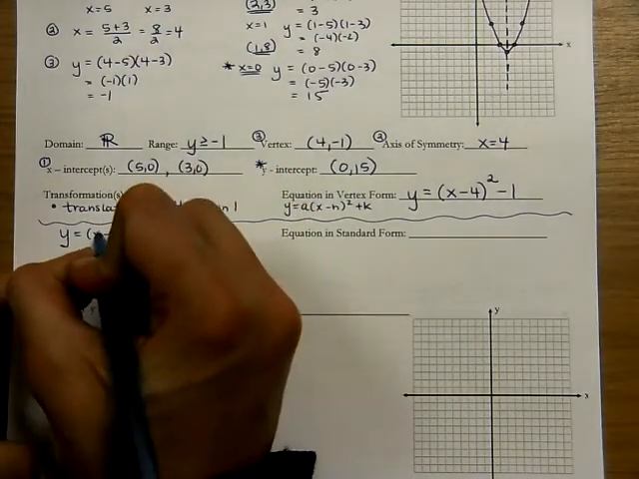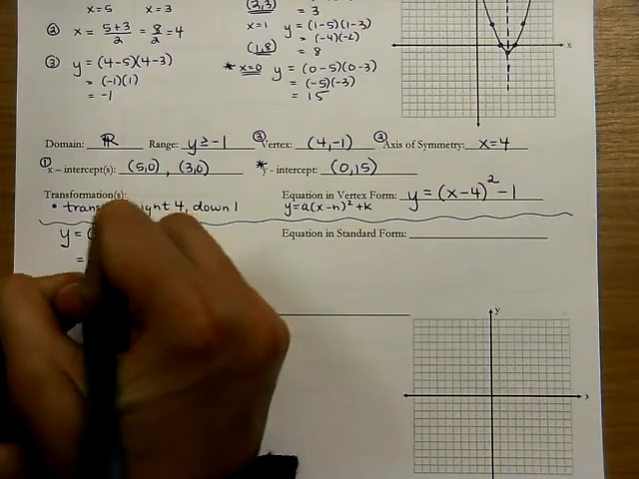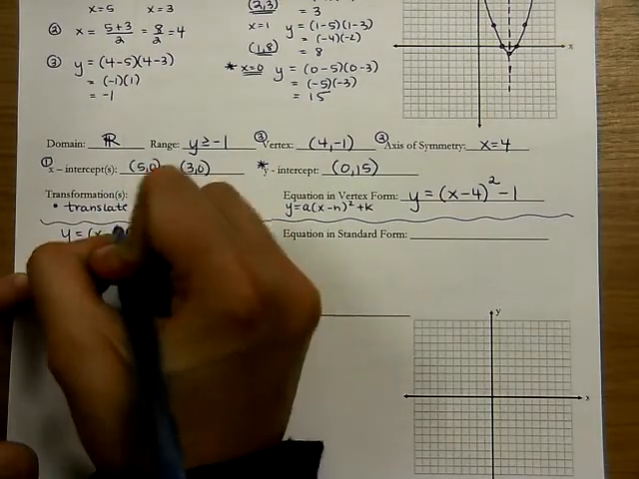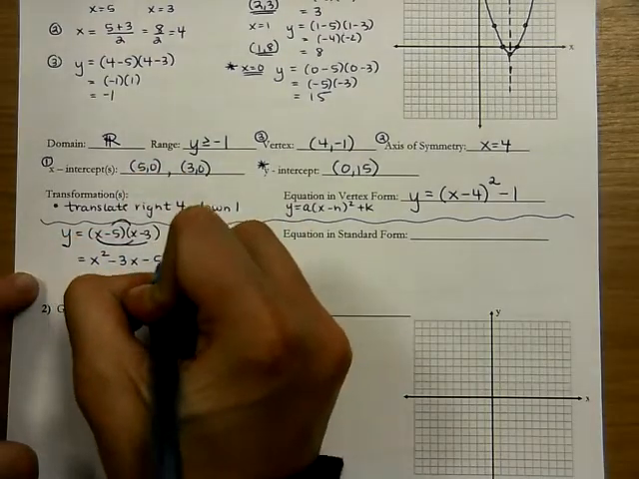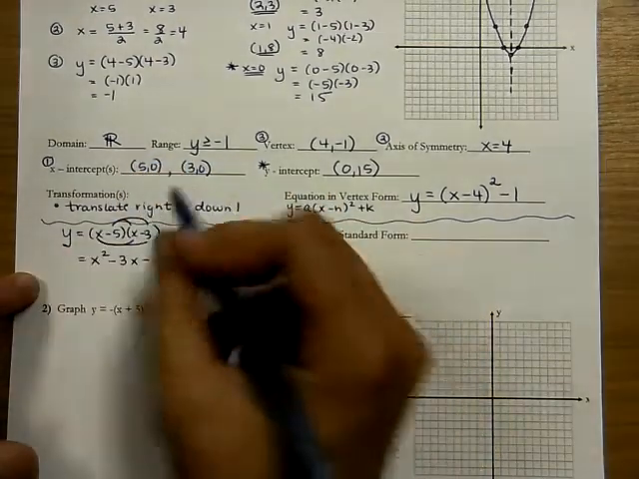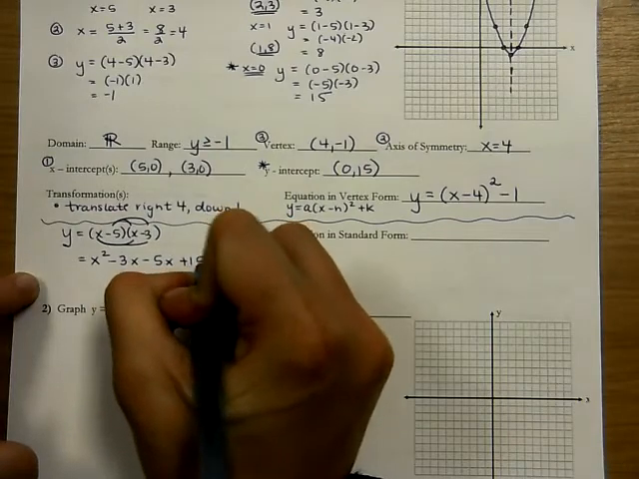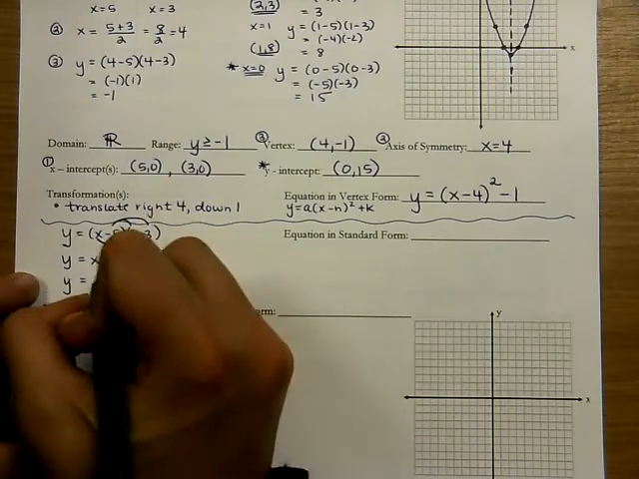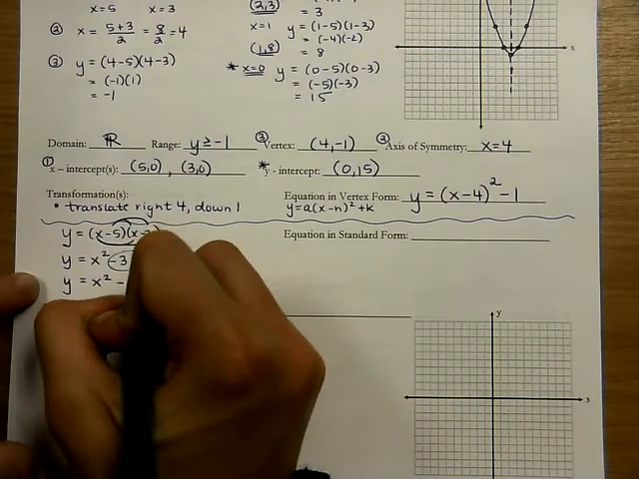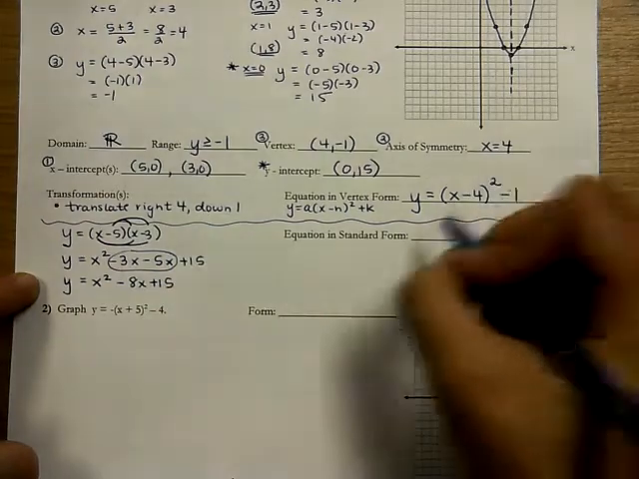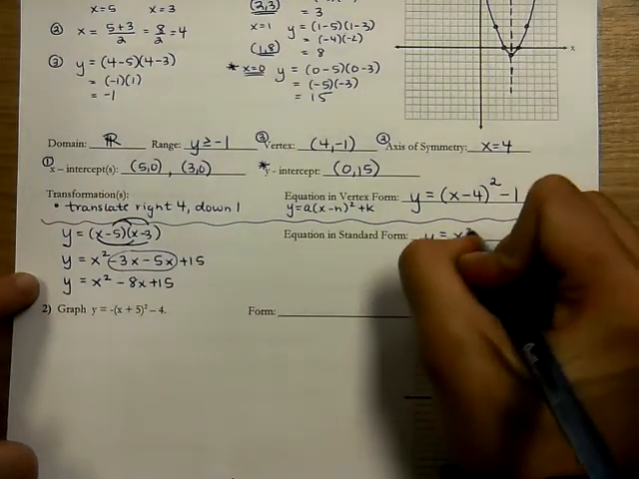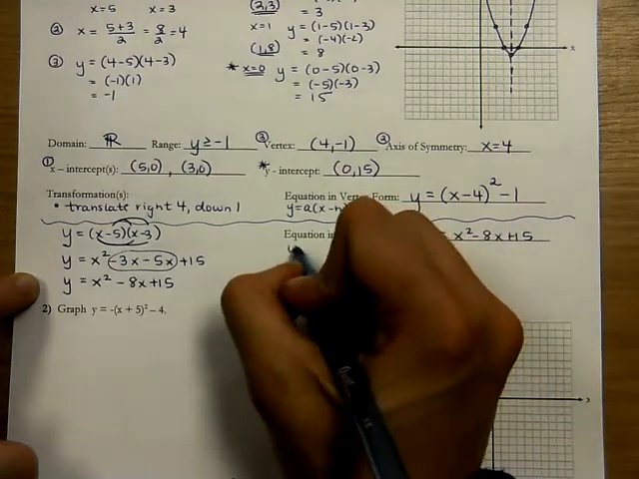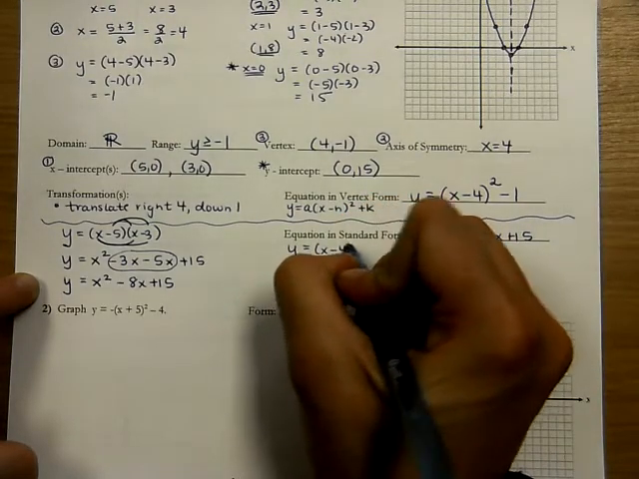So if I used FOIL, I do my first x times x is x squared, my outer x times negative 3 is a negative 3x, my inner negative 5 times x is negative 5x, and my last negative 5 times a negative 3 is a positive 15, and we just carry that y equals down. Here I combine like terms, x squared minus 8x plus 15. That would be my standard form. So y equals x squared minus 8x plus 15. And then I could also take my vertex form. It works just the same. It's just a little bit more